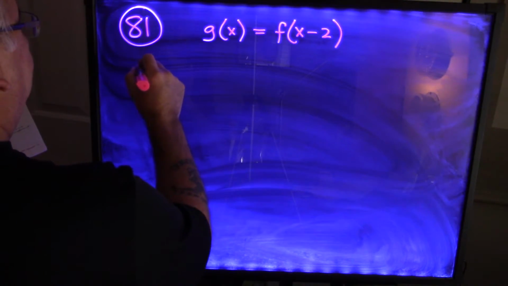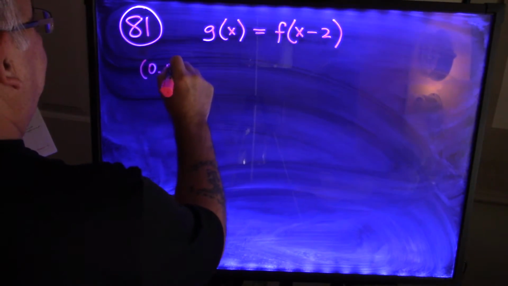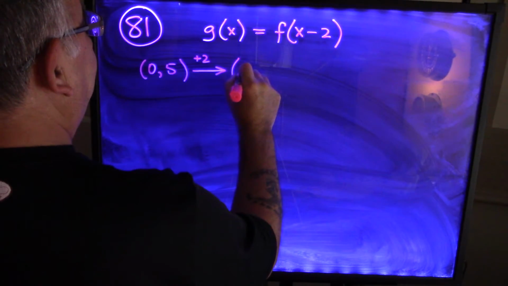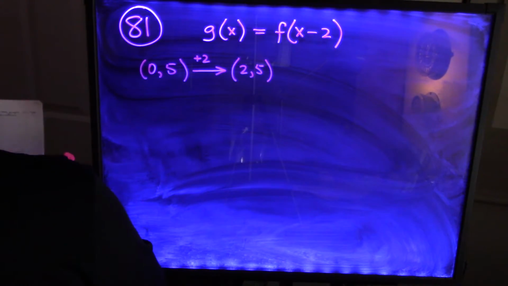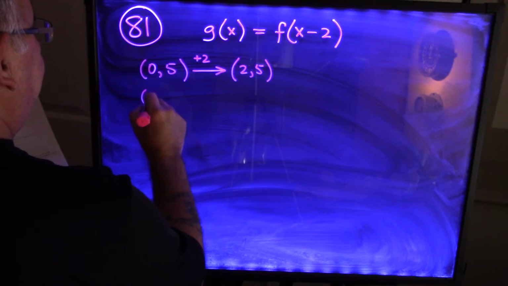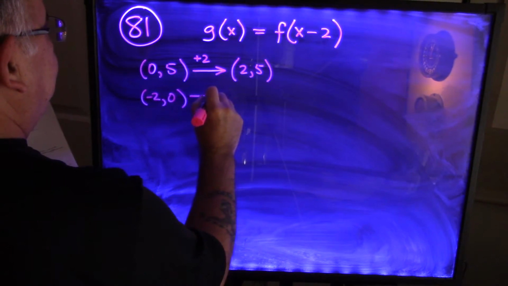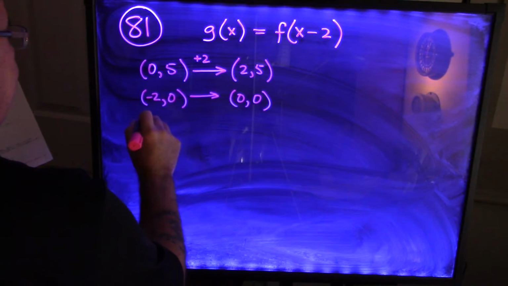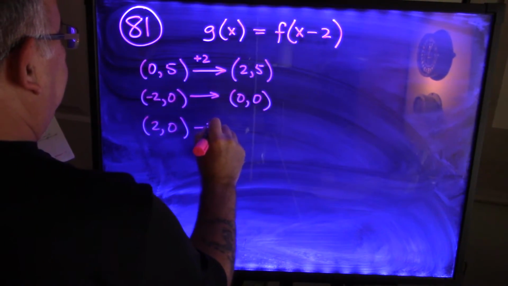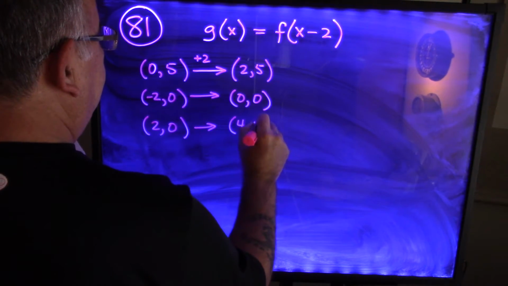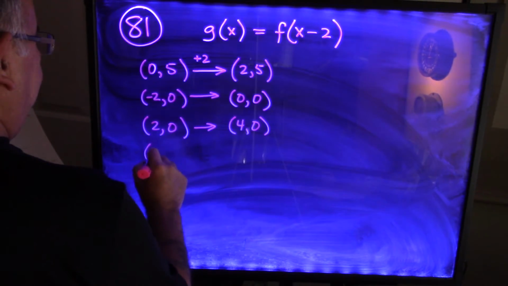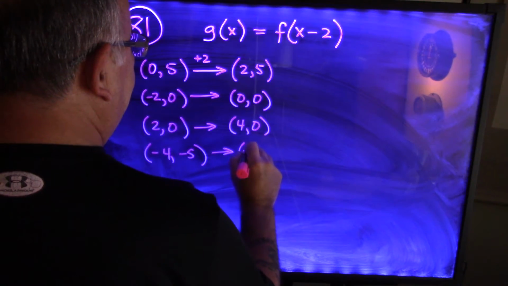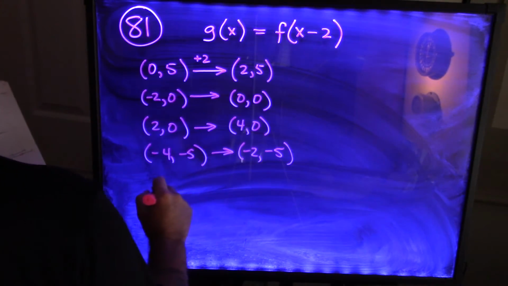Alright, so we have the point 0, 5 on the original graph, add 2 to the x coordinate, and you get 2, 5. Alright? And we have the point negative 2, 0. Add 2 to the x coordinate, you get 0, 0. Alright? And then 2, 0. That becomes 4, 0. Negative 4, negative 5. Negative 4 plus 2 is negative 2, so you get negative 2, negative 5. One more. 4,